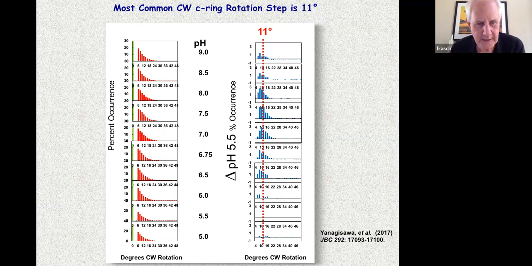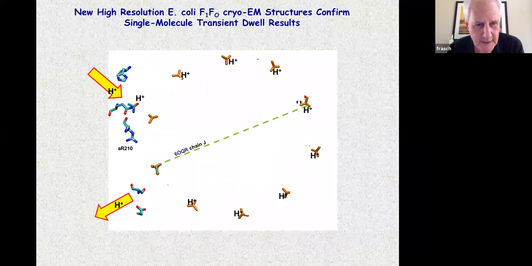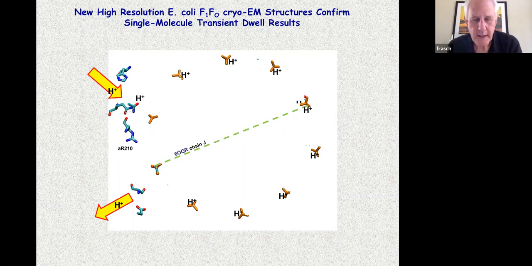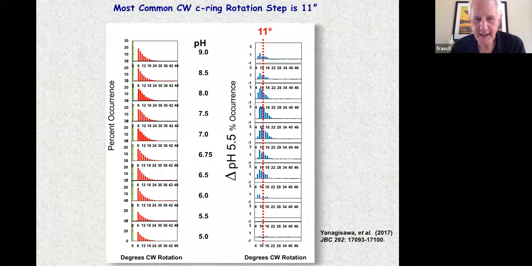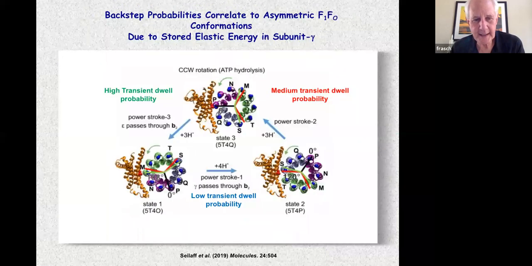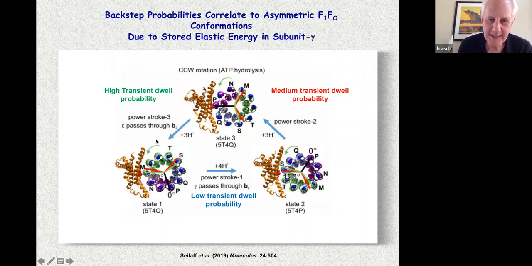However, in just the last few weeks, a new, much higher resolution structure of the E. coli ATP synthase by cryo-EM has been revealed. I just made this slide last night because it's really quite exciting and it confirms everything that we've been working on with our single molecule transient dwell results. They find that, if I go back, where we had predicted we would see the high transient dwell probability step,